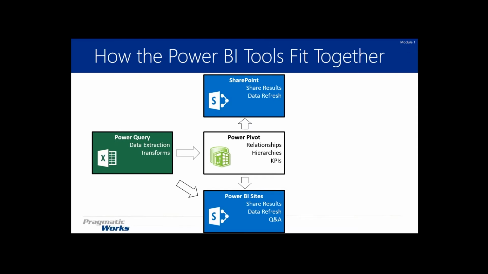Those Power Pivot workbooks, ultimately we're going to connect them to a series of data. If we want to do some automatic refresh on those, that's where we're going to bring in things like SharePoint, and we're also going to be able to obviously allow that data to be used by more than one person. So in Power Pivot on your desktop, it's kind of limited just to you. When we move over to SharePoint, it's a little bit more scaled out type of an implementation for you.